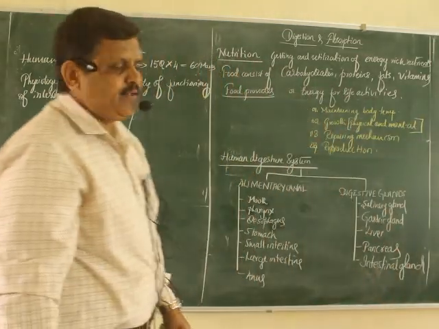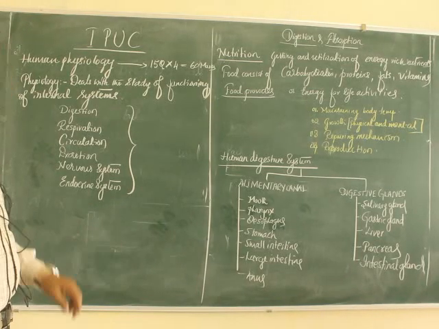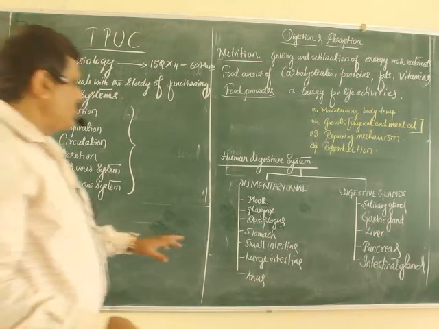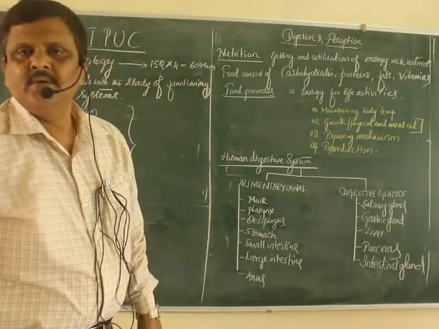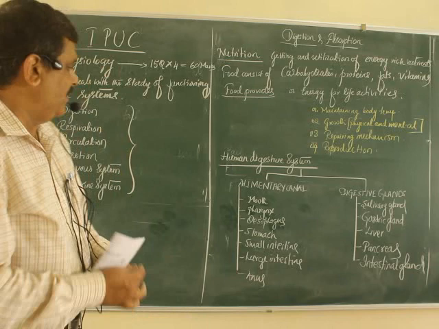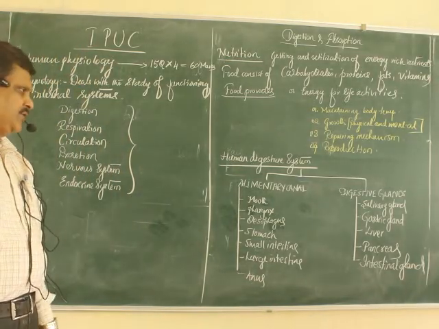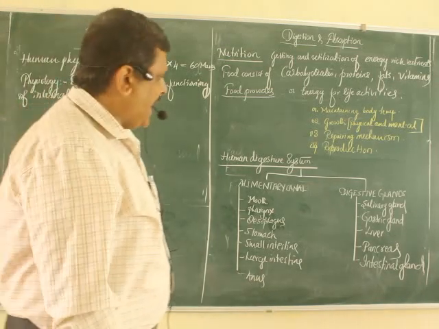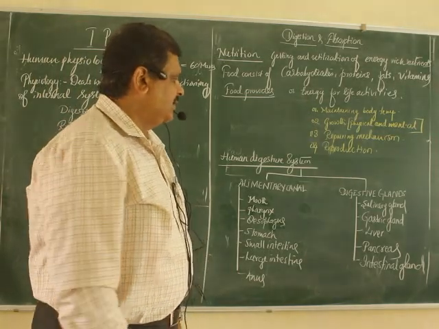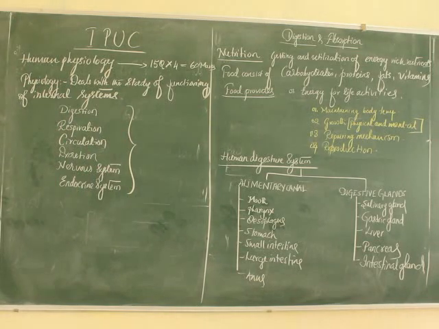So my dear students, the alimentary canal has the following different parts: mouth, or after the mouth the cavity comes, that is called the buccal cavity, esophagus, stomach, small intestine, large intestine, anus. Digestive glands are salivary gland, gastric gland, liver, pancreas, intestinal gland. These are all the different glands which are associated with digestive